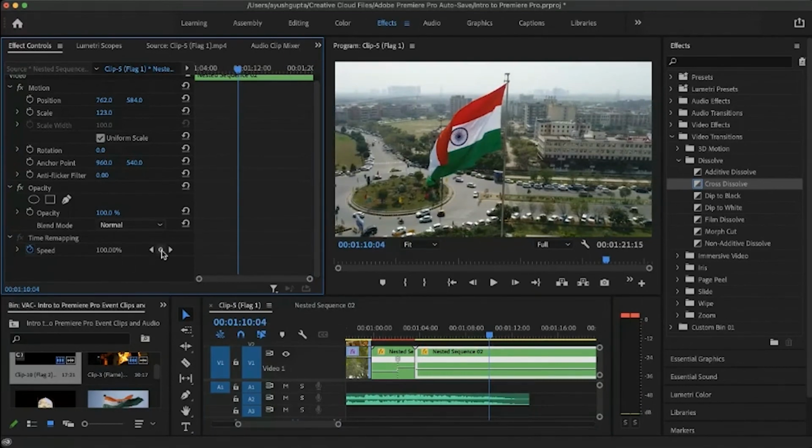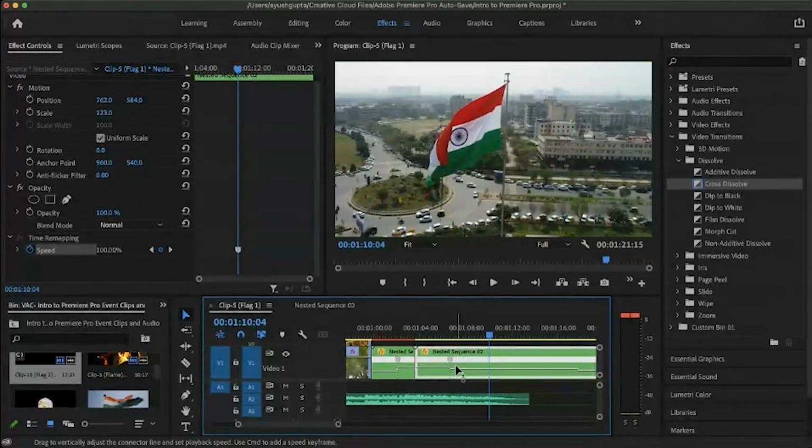Click on add and remove keyframe at the speed, and then drag this part up. Move it around to the same 700 or maybe more because the clip was a bit slow at first. 1200,